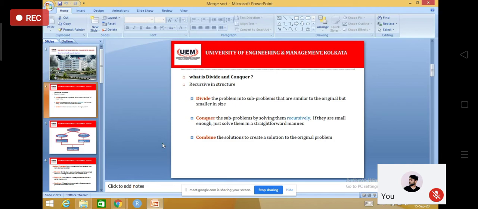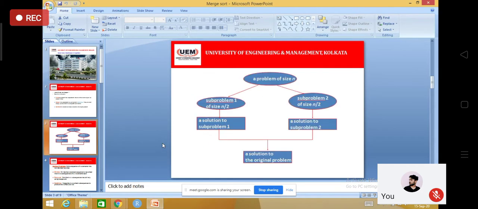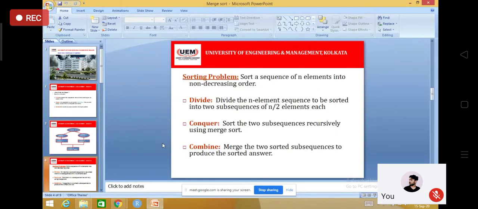this way. So, in case of merge sort, the divide and conquer actually works in this way. Problem size n by 2, then solution of this part, then solution to the original problem. And that is the approach. Actually, you are continuously, recursively dividing it in n by 2 multiple times, and you get the single element. So this is the basic thing of the merge sort.